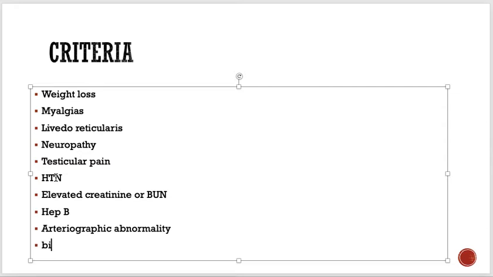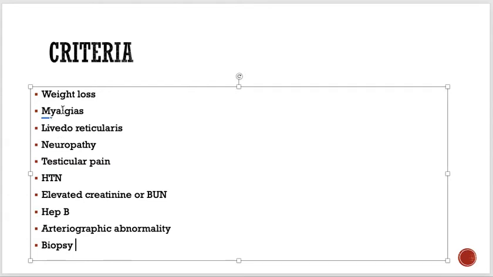And biopsy findings, for example, presence of granulocytes or mononuclear lymphocytes, leukocytes in the artery walls. So anyone who has 3 out of these 10 present, they say the criteria is met. Okay, so